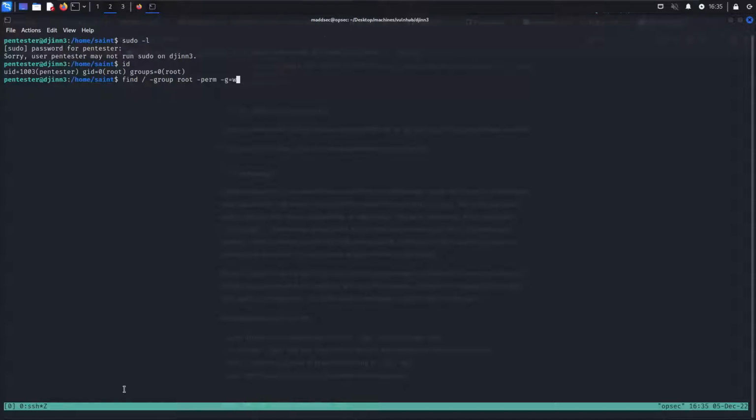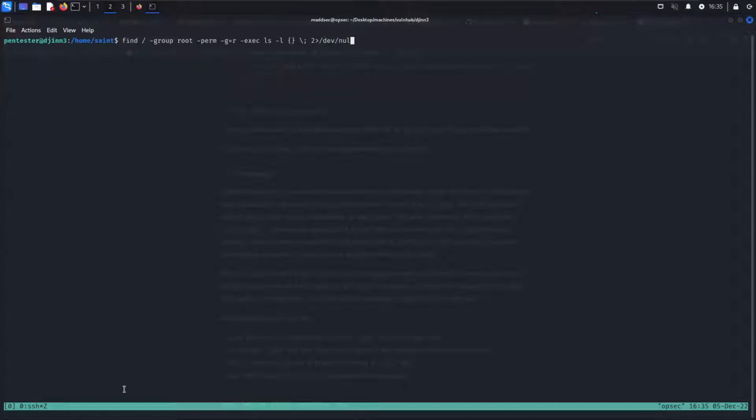And write, or all of them, right? Whatever you want. In this case, I want to read some files just to check them out. And I'm going to be using exec, and I'm going to be executing ls -l like this, and escaping the semicolon at the end, and just redirecting it to /dev/null